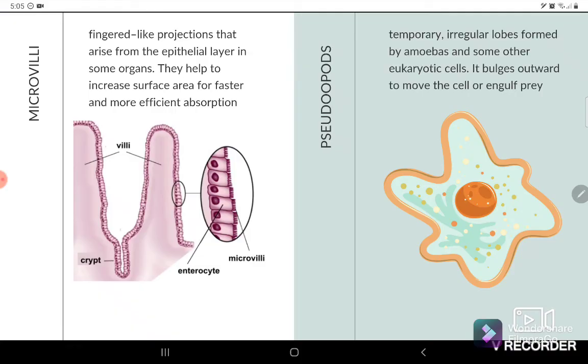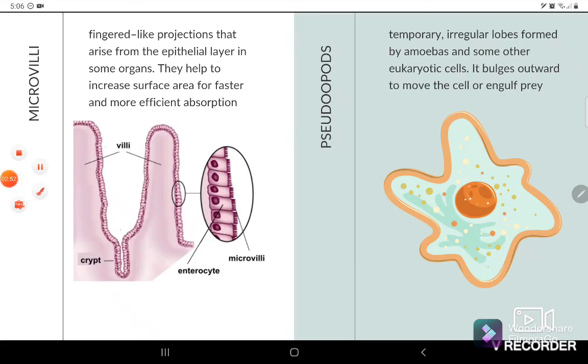Other than that, when there is a nutrient or other microscopic organism that can be their source of food, the pseudopod will go in that direction and engulf that microscopic organism or prey